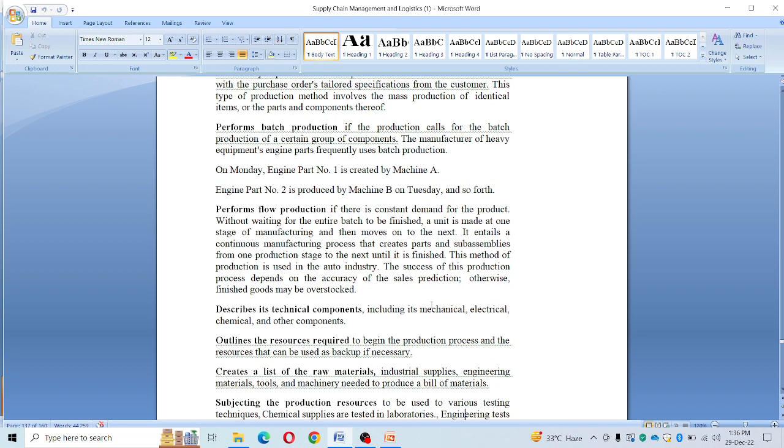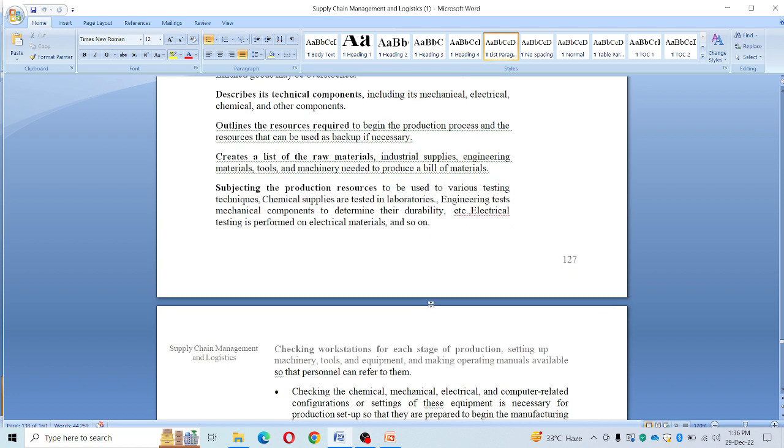Then describing its technical components. Technology-wise, you have to determine mechanical, electrical, chemical and other components. You have to determine the resources required for the production process. You have to create a list of raw material, industrial supplies, tools, all the things which are needed. Then subjecting the production resources. Finally,